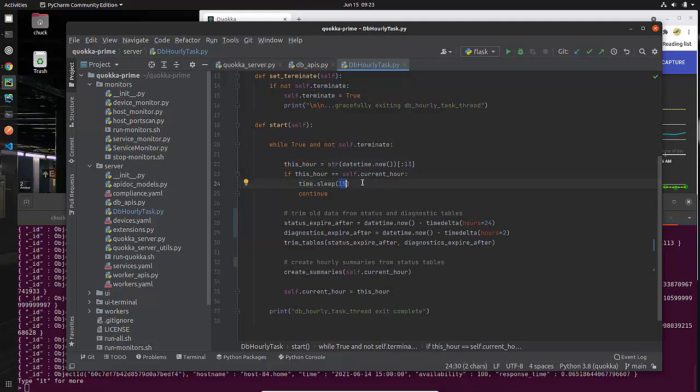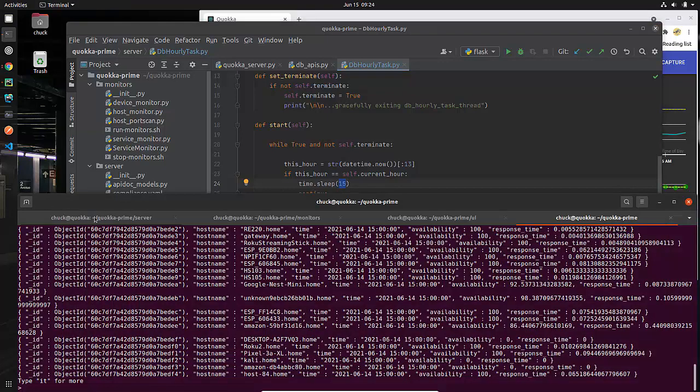I could sleep for a minute. I could sleep for 5 minutes. I don't really care all that much. I could sleep for half an hour if I wanted to. But here's the thing. My while loop, I'm going to continue to sit in here and do this sleep. If I sleep for 30 minutes, then I'm not going to end up finding out that I need to terminate. So this number affects how long it takes for me to wait until the whole thing shuts down. Just to give you an idea, let me go back.